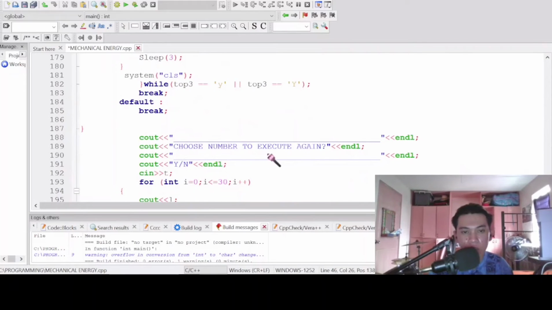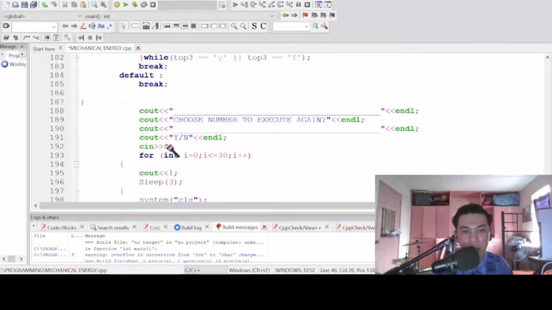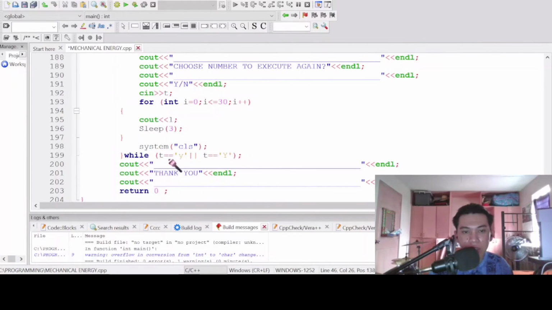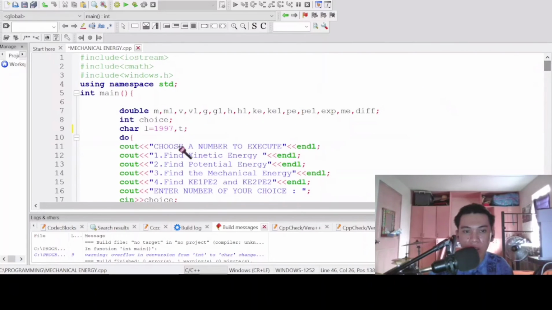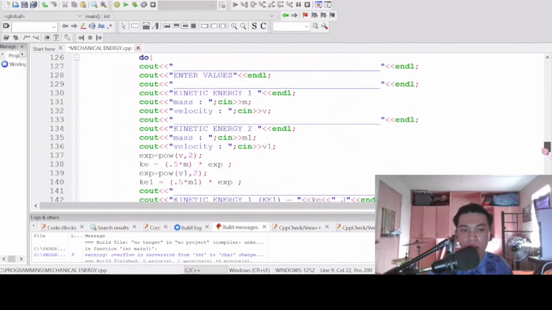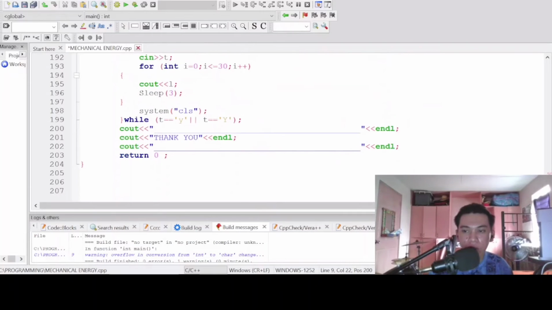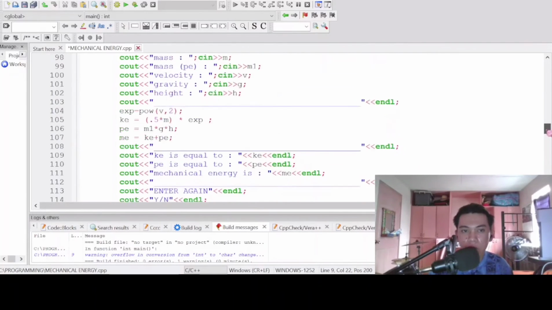Choose number to execute again. If yes, then cin t. Now, while t is equal to y or capital Y, then it will go back up here. That is why I declared character t here, so that it will just loop if the user entered y, and if no, it will print thank you. So the same process will work